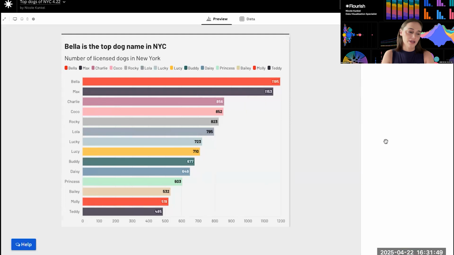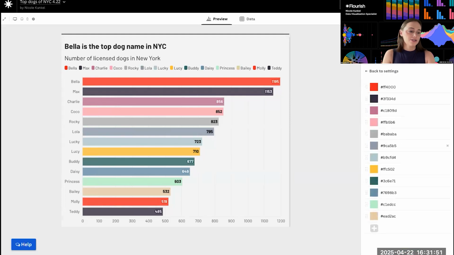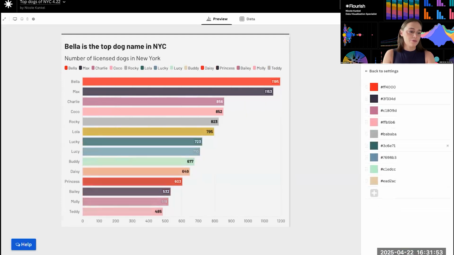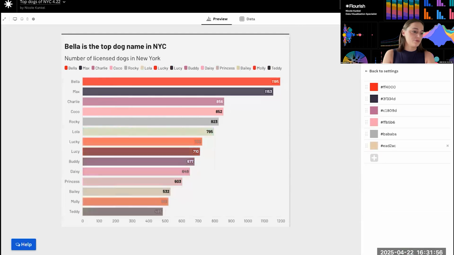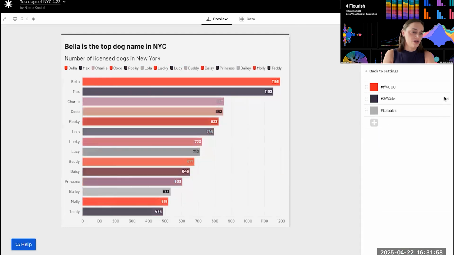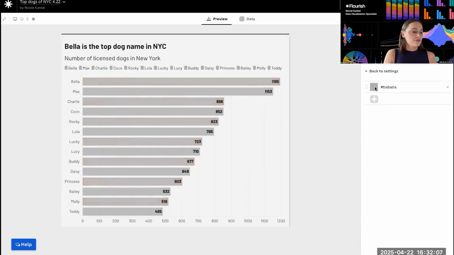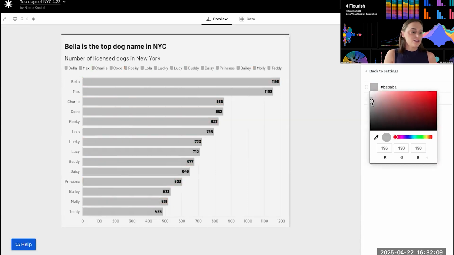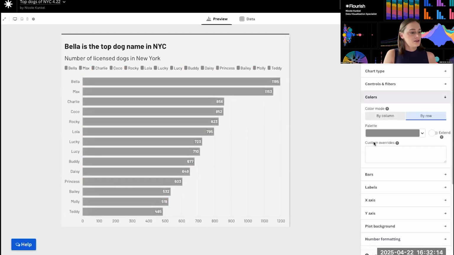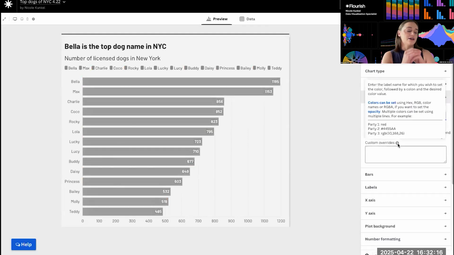Now I can opt to edit my color palette, and I can start deleting colors. Remember, I said I like starting with gray, so I'm going to leave a gray color here. And then I'm going to copy this red color as my highlight. If I don't like this gray, I can click into the gray and make it a little darker. And then for custom overrides, I can hover over any of these gray question marks to get a little more information about any of these